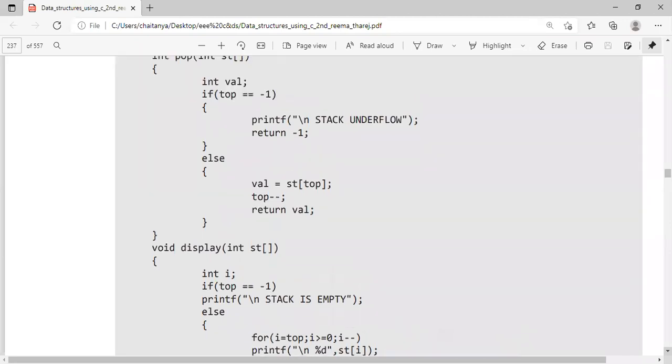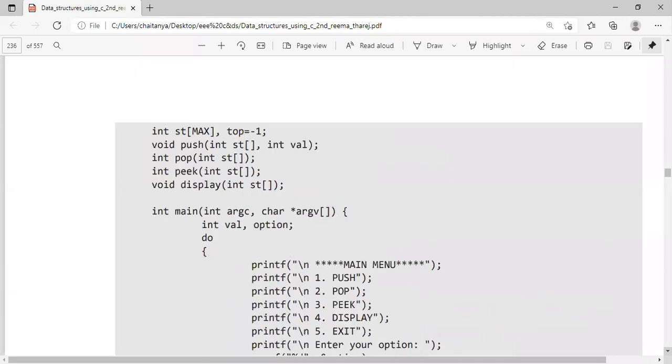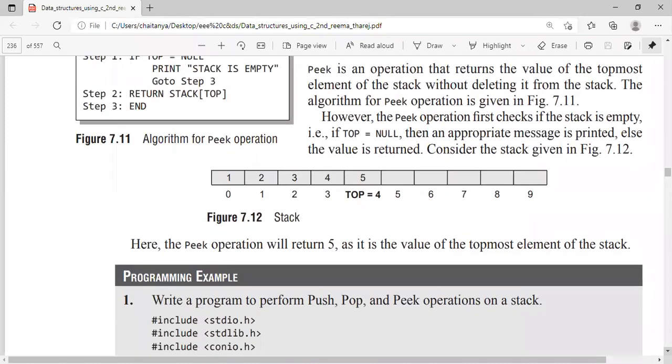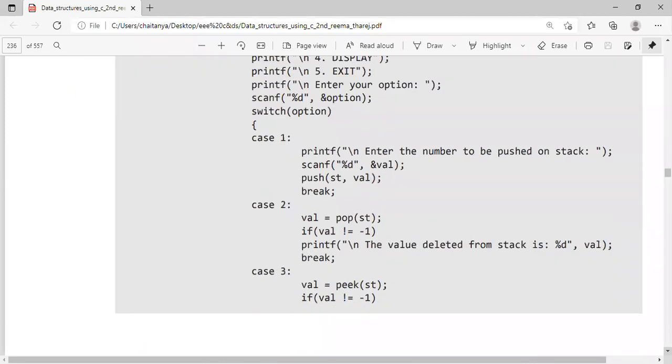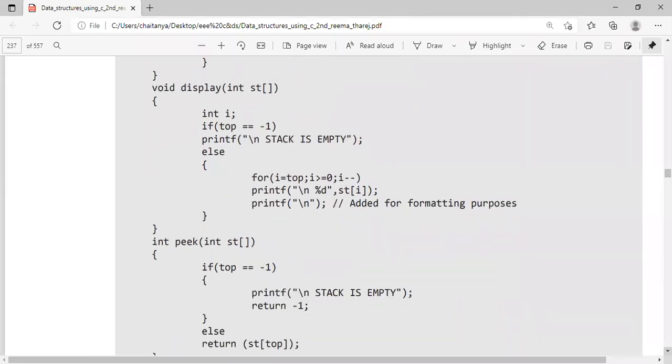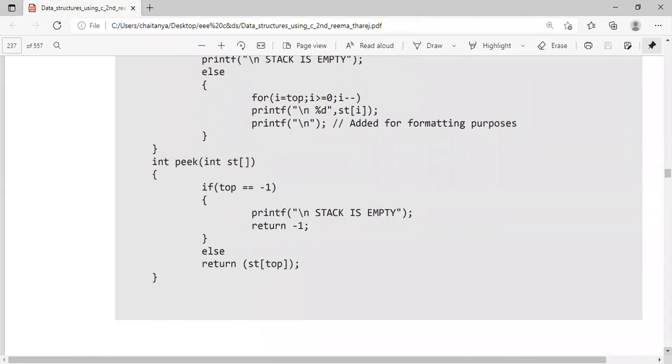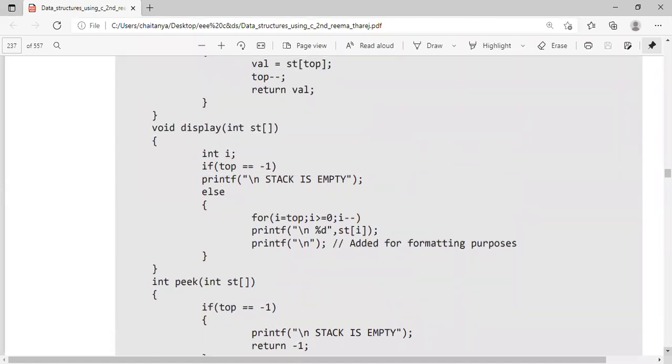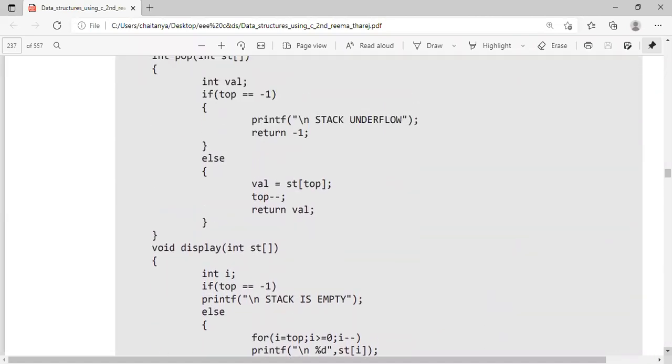So all the values above the top will be deleted. Physically some value will be there, but still it is deleted. So you can see here: val is equal to st of top minus minus, return val.